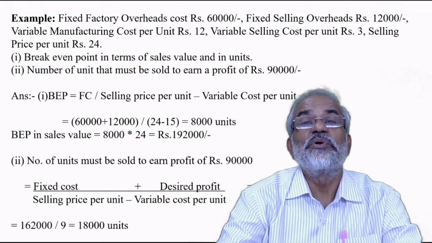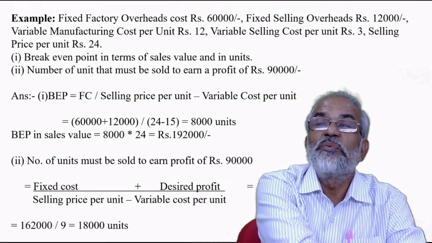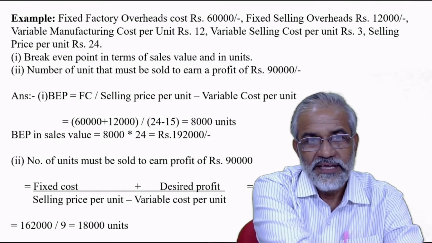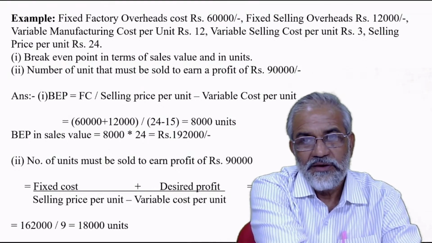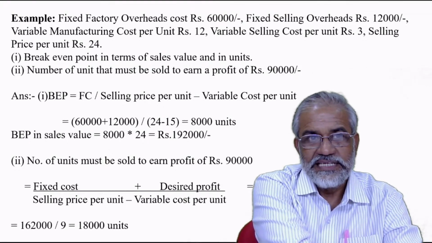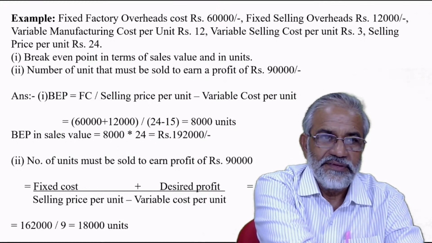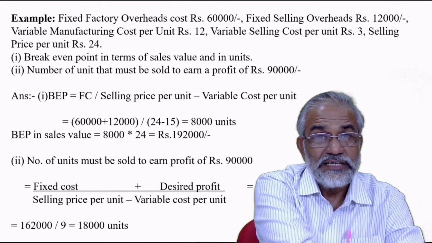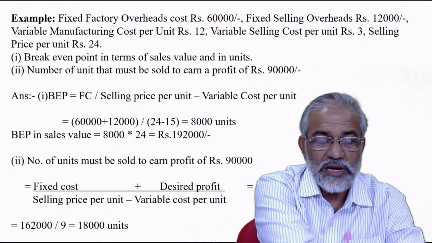The fixed factory overhead cost is 60,000 and the fixed selling overhead is 12,000. Variable manufacturing cost per unit is rupees 12. Variable selling cost per unit is rupees 3. Selling price per unit is 24. So, the break-even point in terms of sales value and in units. When you go to calculate this,